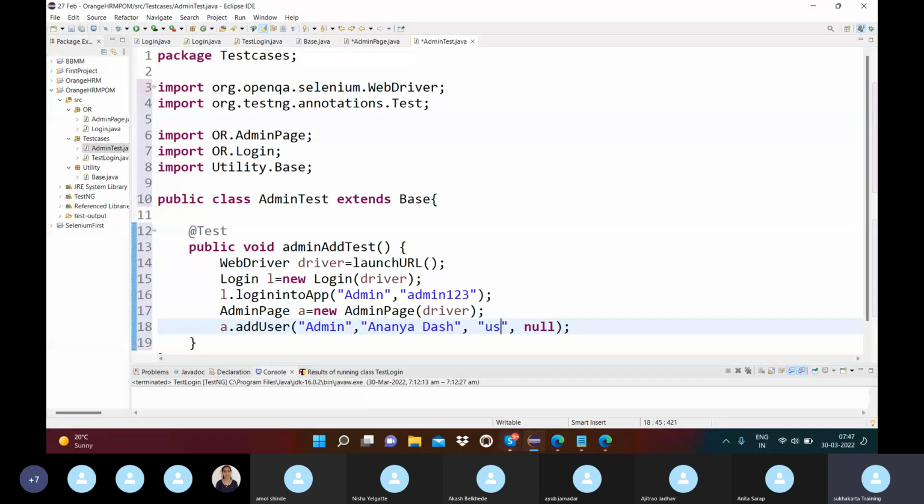Username, like we will give automation, and password also, we will give as a string, 12345 test, or simply test engineer. So in this way we will do the add user, but whenever we are logging back, what is happening,